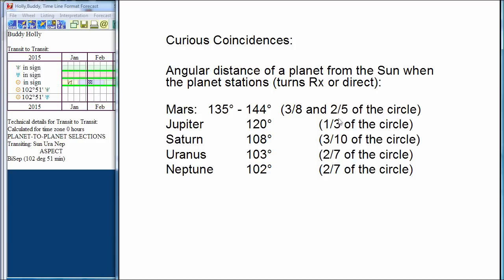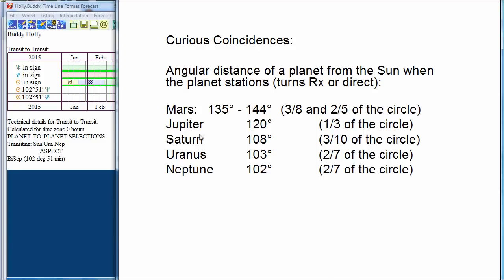So fascinating. I think there's more to astrology than the number 12. You know, in astrology you have 12 signs, 12 houses. But here you're seeing curious coincidences where planets station, which are critical points, changing direction, right on, consistently, on these